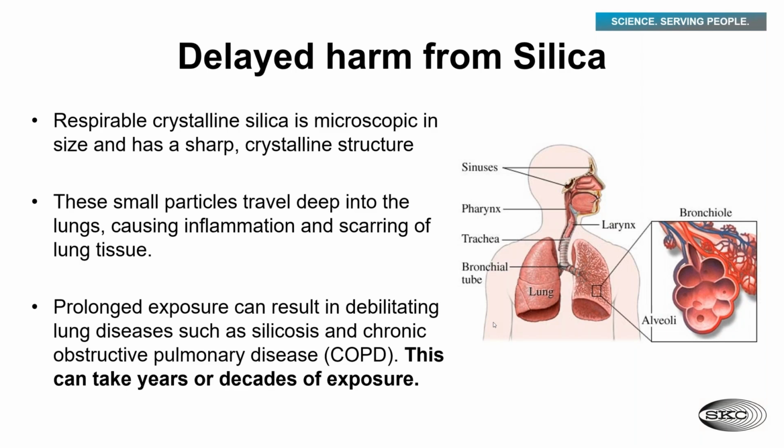Now, these small particles are able to travel deep down into your lungs and cause problems. What happens is, as these particles travel deep into your lungs, they embed in your alveoli. White blood cells come along and try to take care of them because they're a foreign body. Well, what happens with those white blood cells is, as they try to consume that small piece of silica, all those sharp edges that are cutting your lungs also cut open the white blood cells. As those white blood cells are sliced open, they release cytokines that go and tell other white blood cells, hey, I need help. So they come to that site and try to digest and eat that piece of silica,